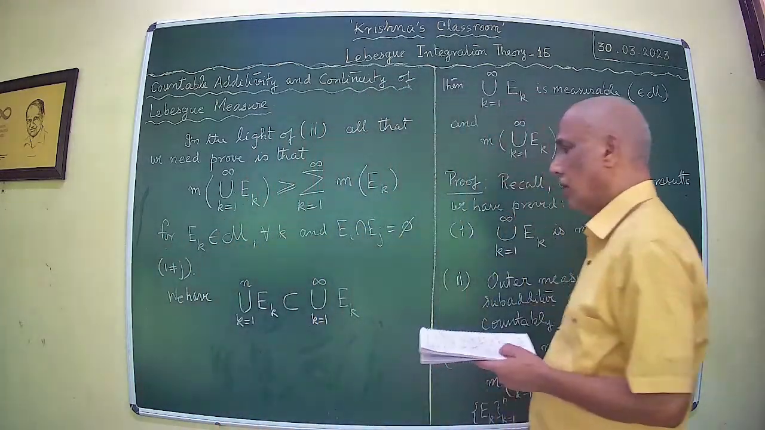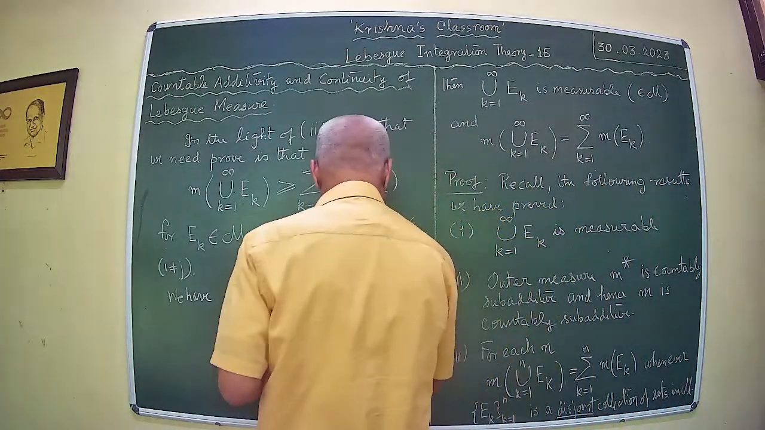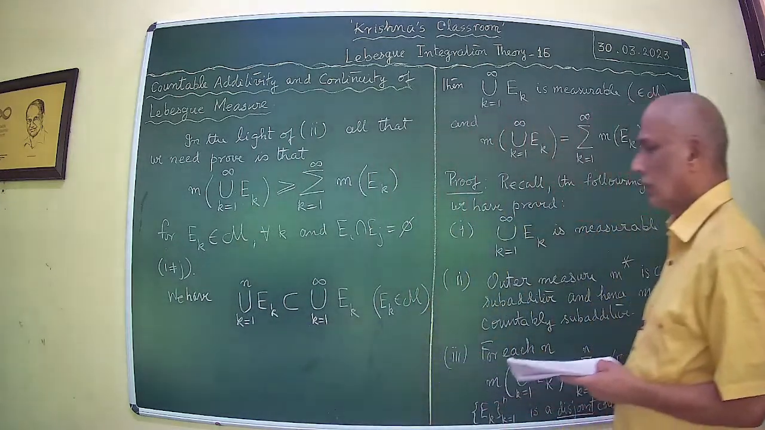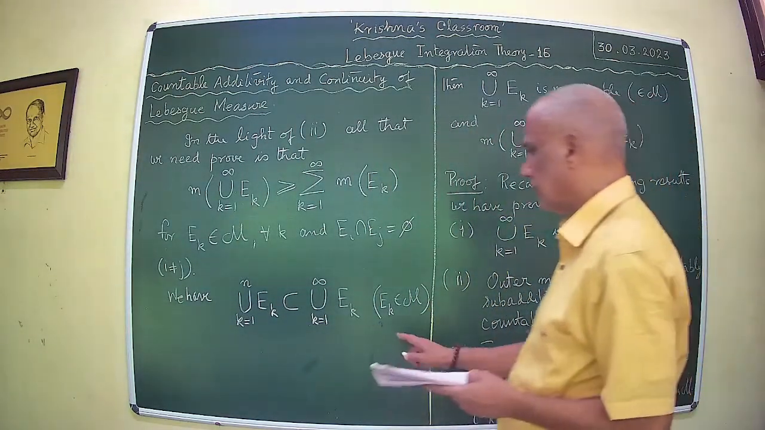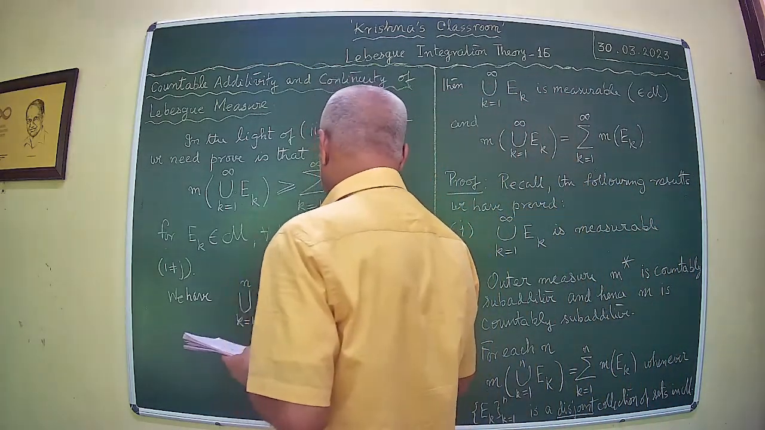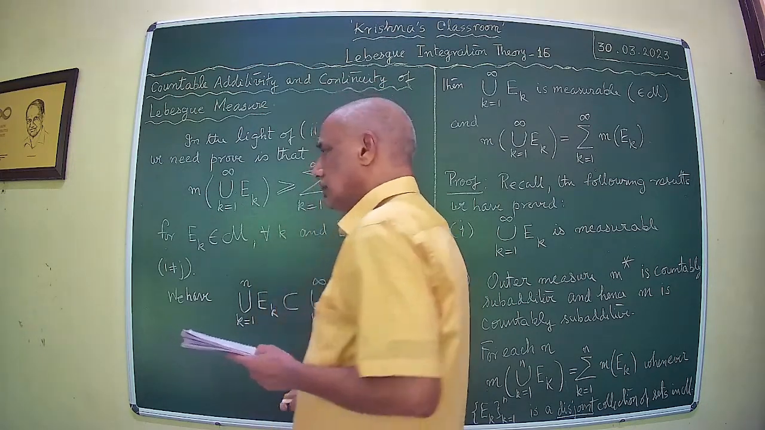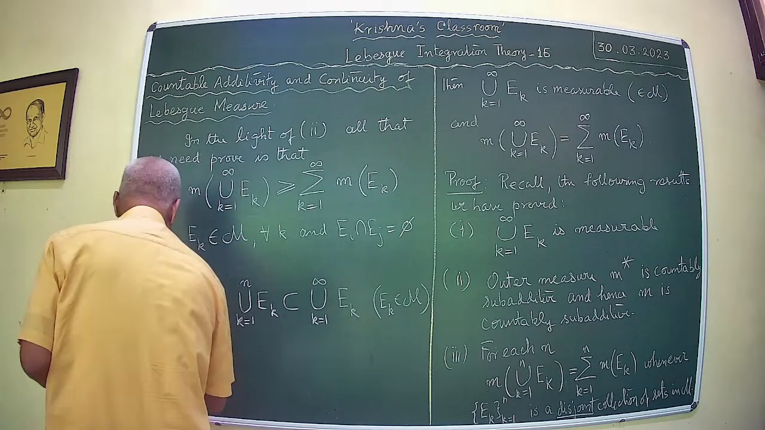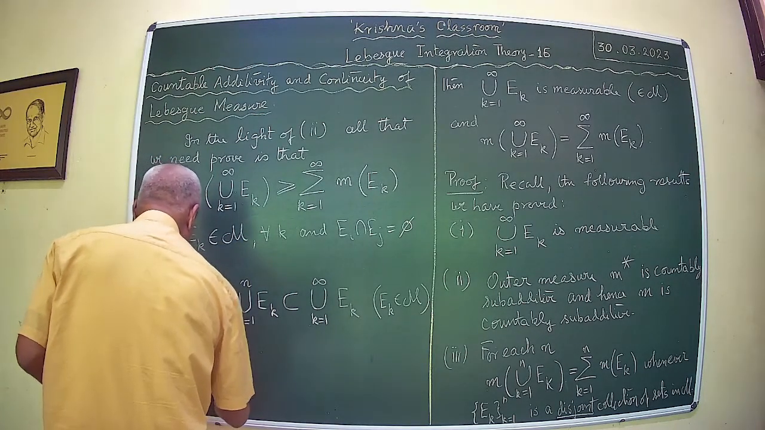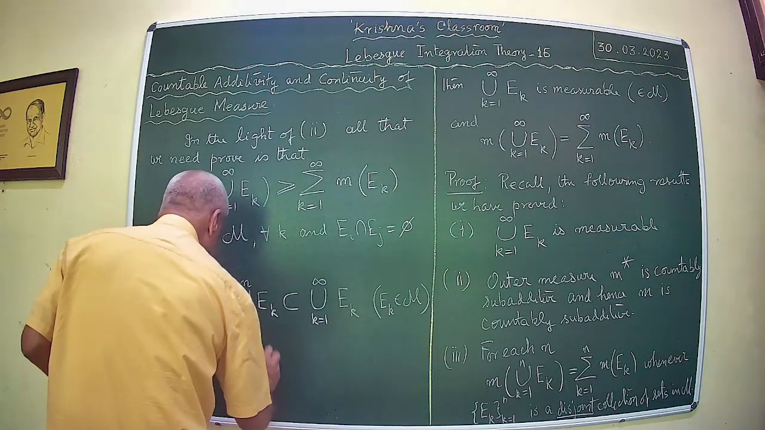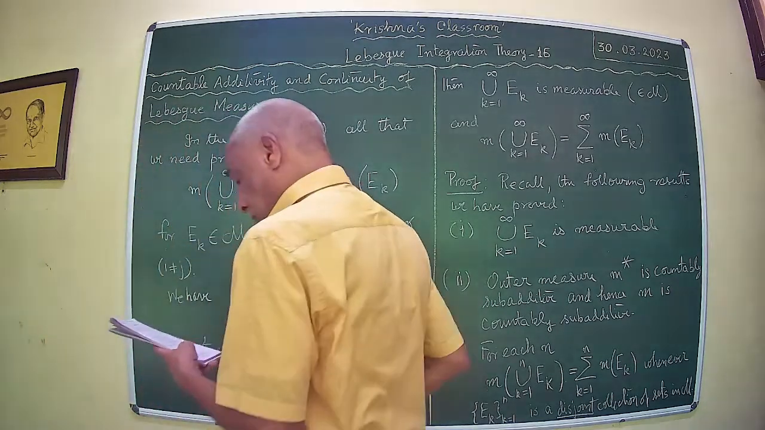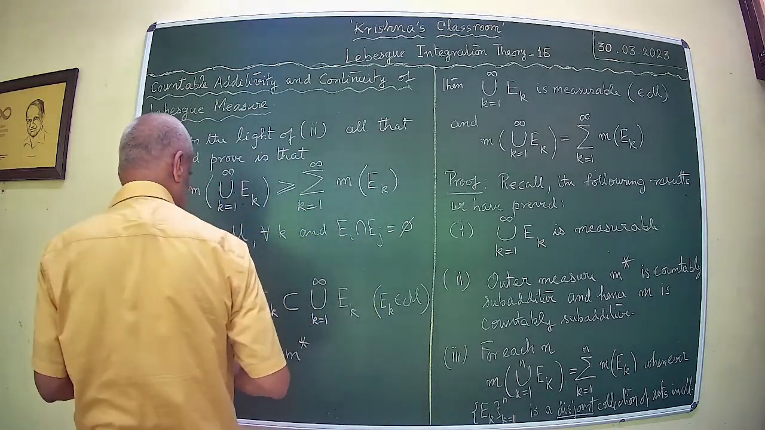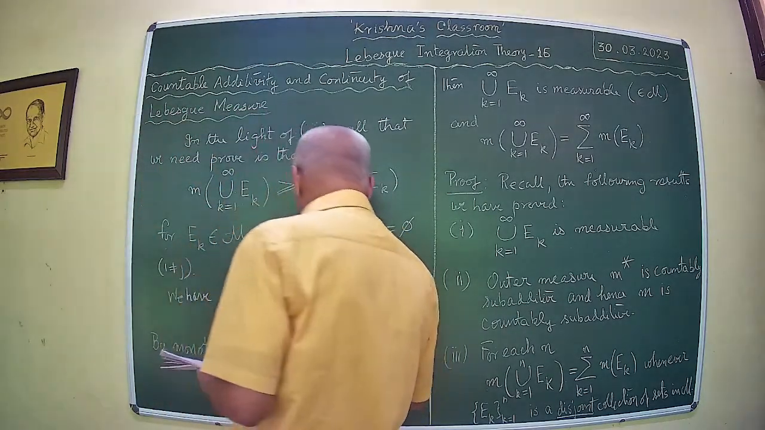So we are taking all Ek in script M, and there is no problem, since script M is closed under countable union. Therefore, this union is in M. So we can write, therefore, by monotonicity of m star, what we have is m star